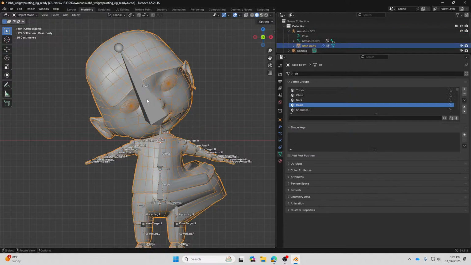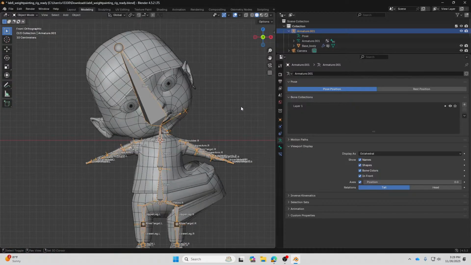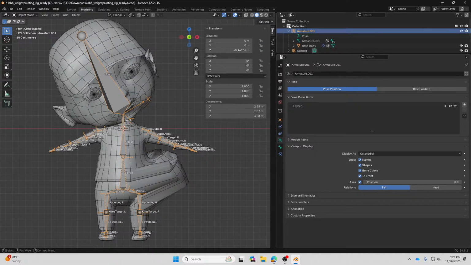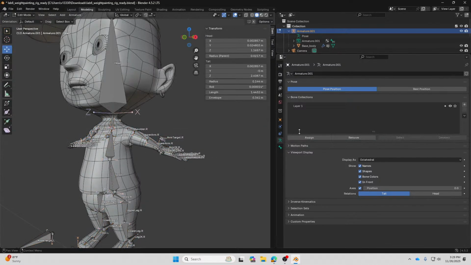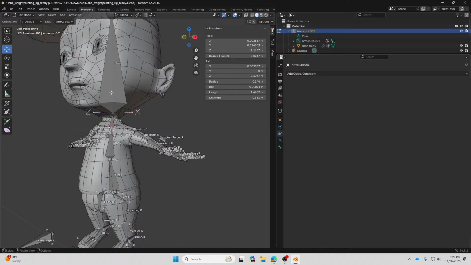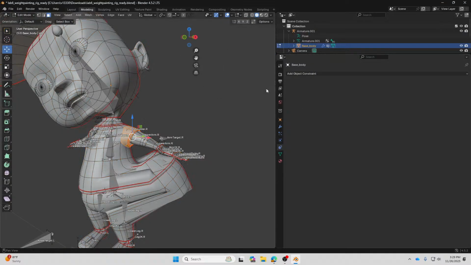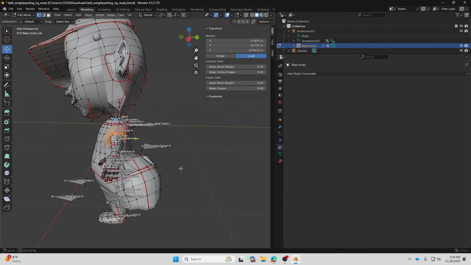Alright, if you encounter these things, you can let the character pose, then you open up N on the side menu, and then you go to edit mode on the meshes. Okay, edit mode, and then you use the vertex selections over here. You select this one over here,